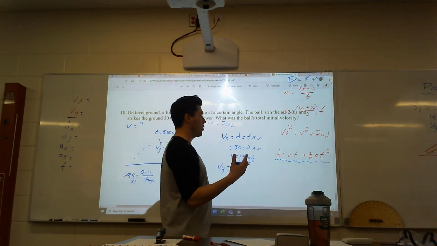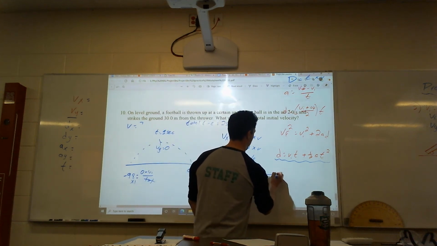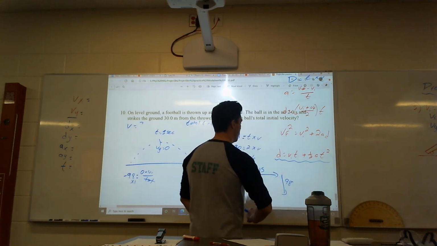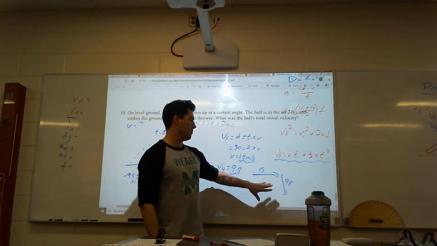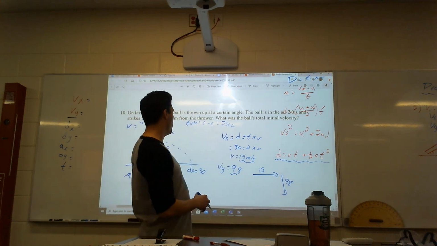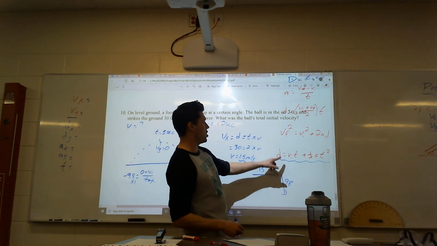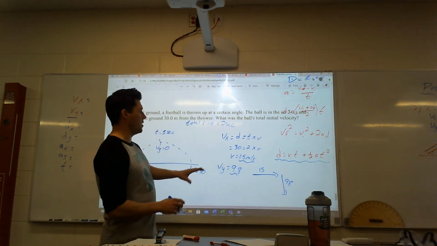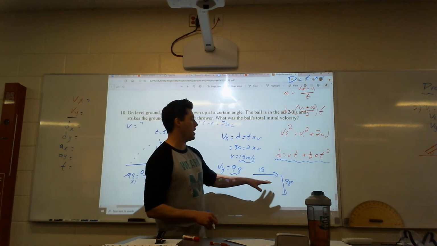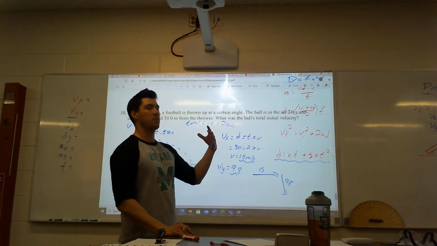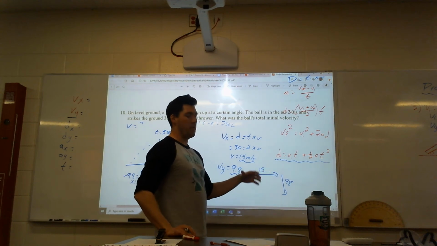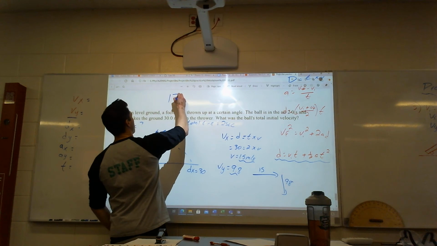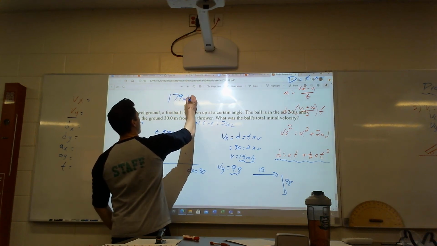I'm just going to draw it out to hopefully make sense to you guys. That means that in this direction, it's going 15. In this direction, it's going 9.8. And now look, we have our vector questions to figure out our actual initial velocity. Okay? Technically, that 9.8 should be going up. Nonetheless, it's 15 and 9.8. If you go 15 squared plus 9.8 squared, and then square root it, you get an answer of 17.9. So 17.9 meters per second at,